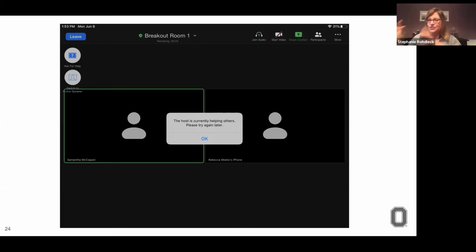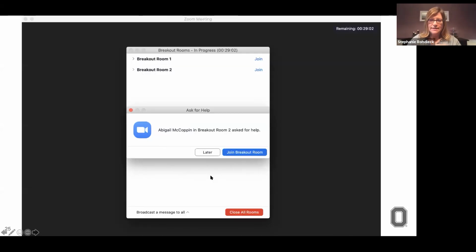These notifications don't stay up forever, right? So you'll want to make sure that your groups know to please try again and keep pushing the button in a minute or so, so that you as the host can see it.